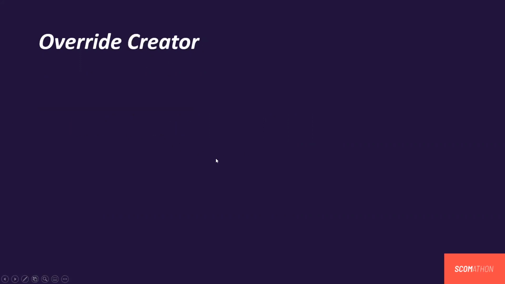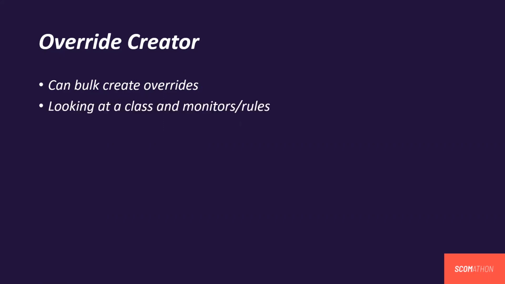Then another tool is the override creator. Another one, again from the community, originally created by Boris and then later adjusted a little bit by Daniela. You can find it on Kevin Holman's tools page, where you hopefully downloaded this already. What you can use this for is you can bulk create overrides and not just create them one by one manually, because that takes a lot of time. You can bulk set overrides